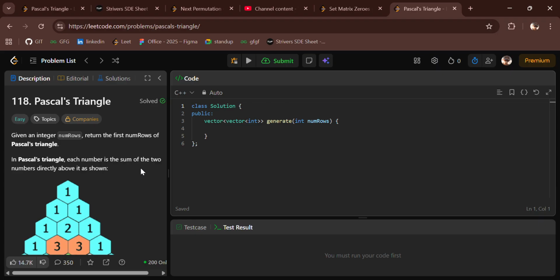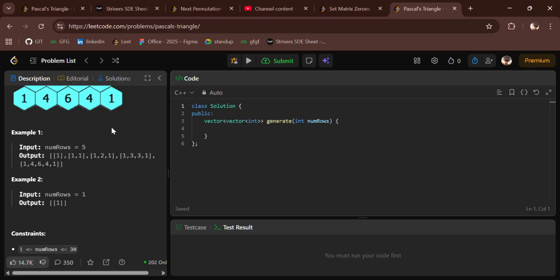So in this question we have to use a 2D array that sums up the elements from the given index and identifies all the elements in the one index, and again and again we have to push the array in the resultant array as well. So let's make the resultant array